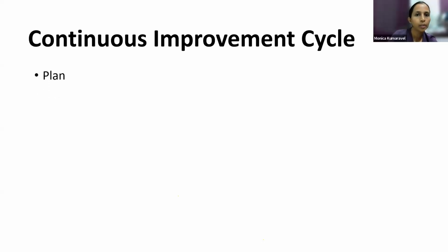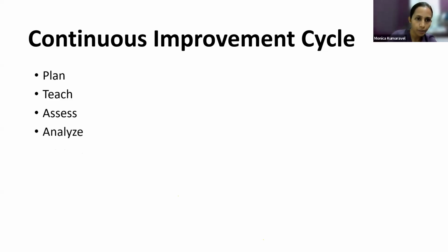So for the continuous improvement of the students, we have to plan a good lesson plan with good learning outcomes. Then we have to teach with activities, not just a lecturing type. It will become passive. You need to be very active in the class by providing a lot of activities to the students. And then assess. What kind of assessment? Not just the traditional assessment. We have discussed so far about authentic assessment also. So give as much assessment as possible that builds up curiosity in the students. And the assessment should also align with the learning objective and the topics that you teach. That is more important.